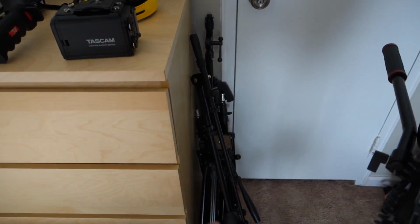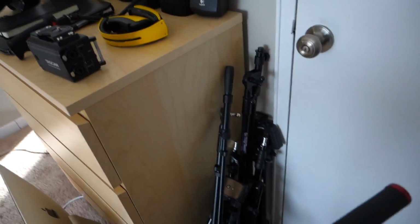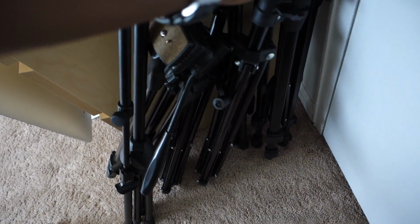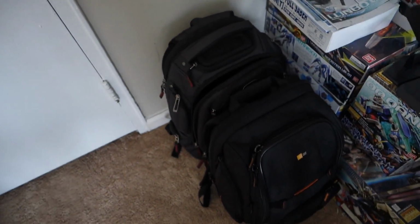And you might see all of these sticks back here. You might be like, what the heck is that? Well, there are tons of different things here, lots of sticks. I've got some audio, some mic boom poles, some tripods down here, some light stands, tons of stuff. So that's all that's right there. Over here, I've got my two book bags. I've got my camera backpack and my OGO Renegade,